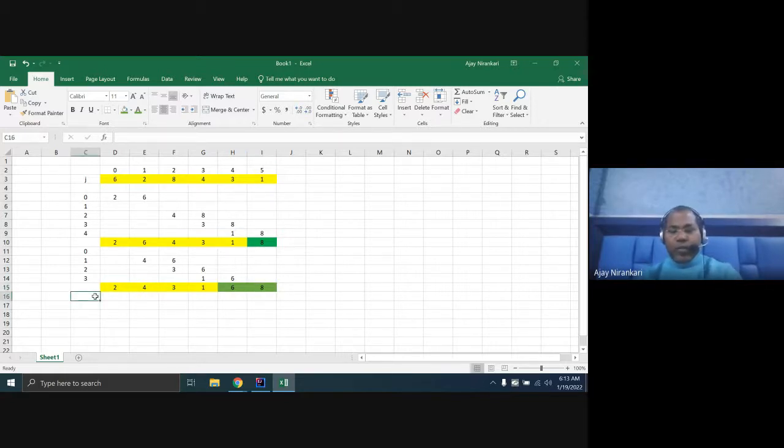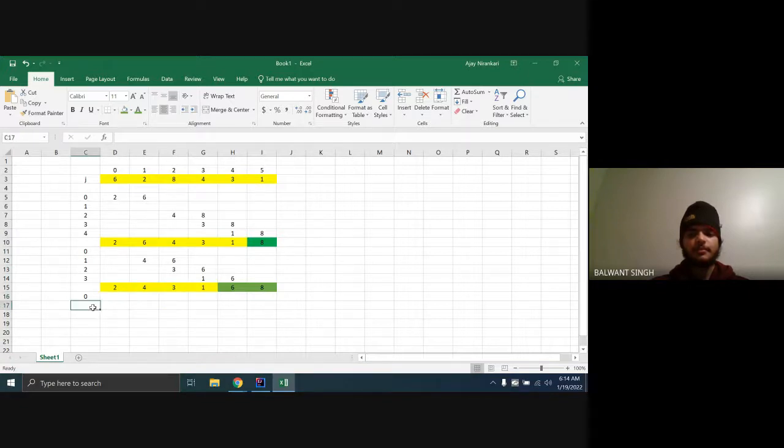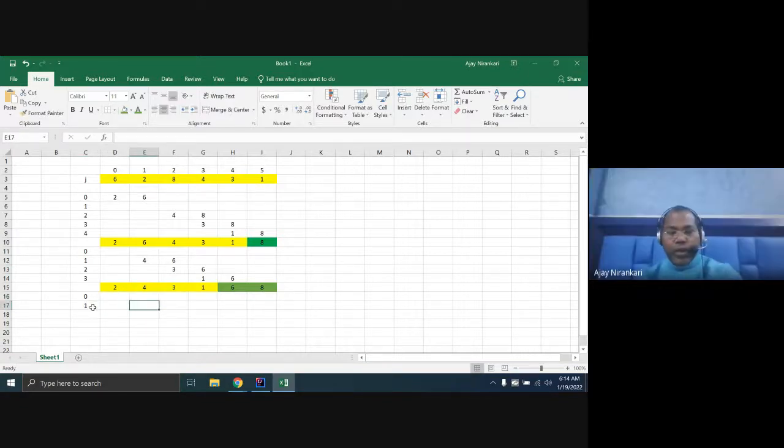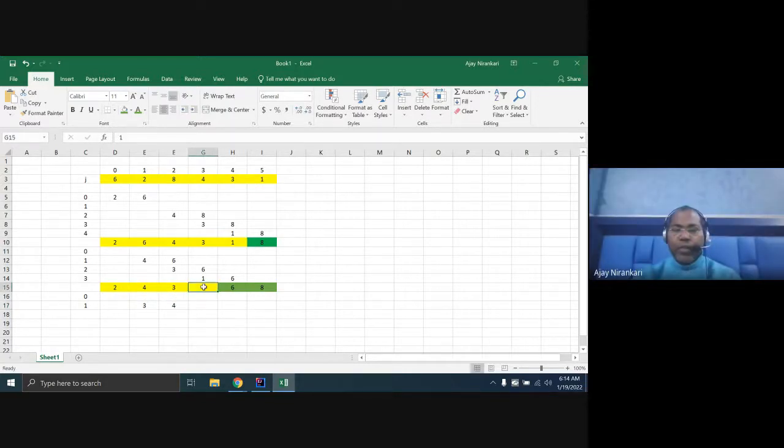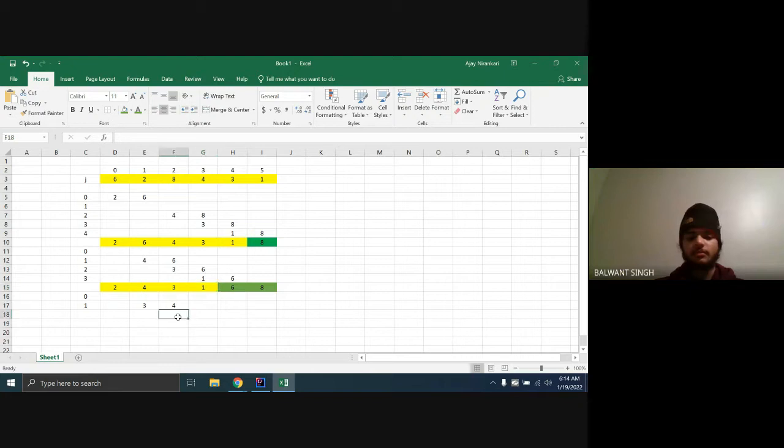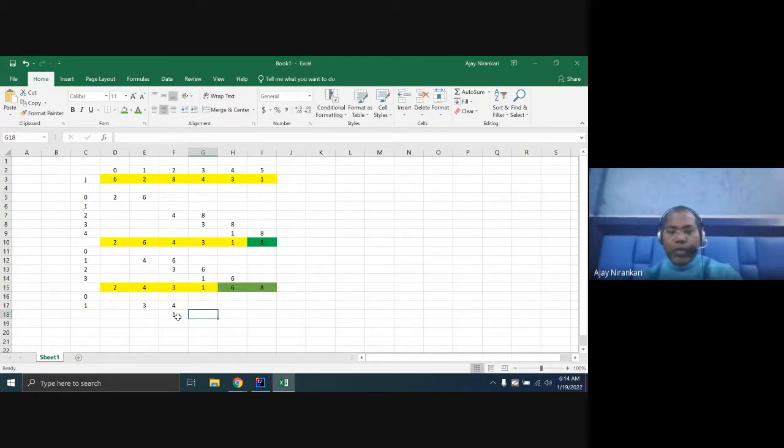Let us take j equal to 0. Again we have to compare the first 2 elements. In the first 2 elements, 4 is greater, so we do not have to make any change. Again we do this comparison. No need to replace. This comparison again needs replacement because 3 is less and 4 is greater, right? So in this case we have to replace, here 3, here 4. Again, we have to check this position with this position. Again, need the replacement. Here would be 1, here would be 4.